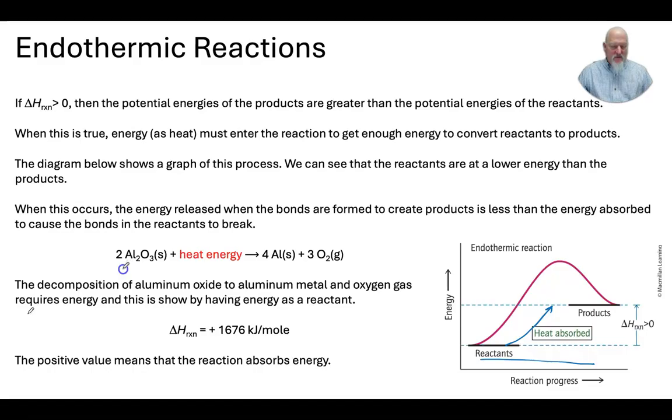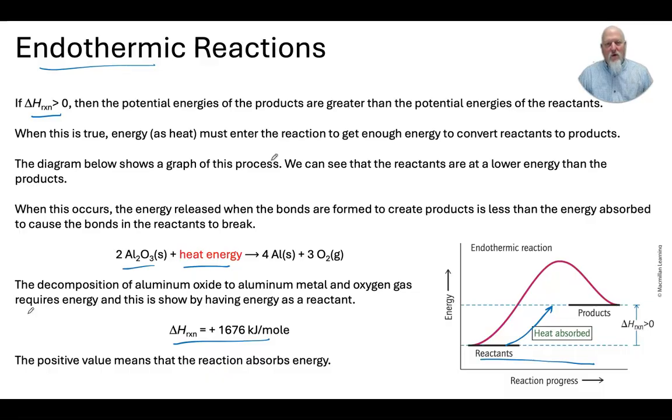An example of this is the decomposition of aluminum oxide. We show, when we have endothermic reactions, that the heat has to go as part of the reactants, because in order to get to products, we need to put heat into the system, okay, into the reaction. So in these cases, for endothermic reactions, when delta H is greater than 0, we're going to put heat, if we show it, on the reactant side. Okay. In this case, delta H of this reaction is